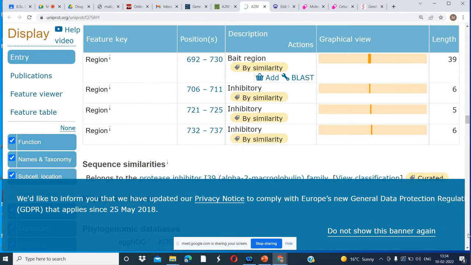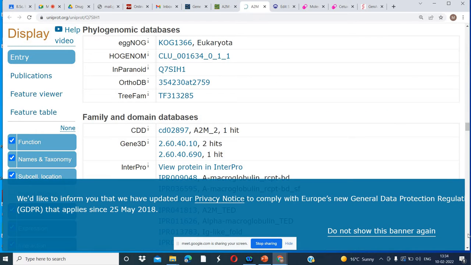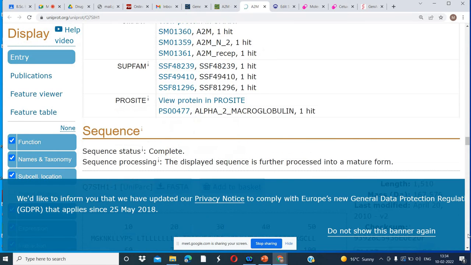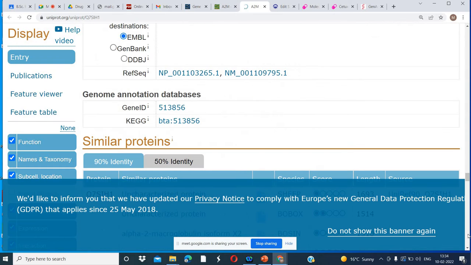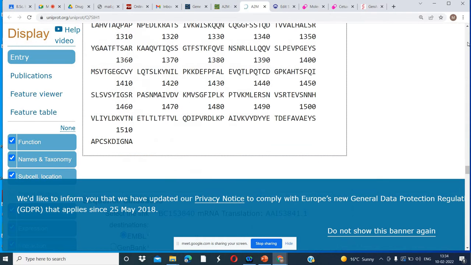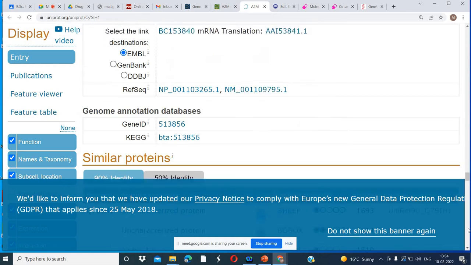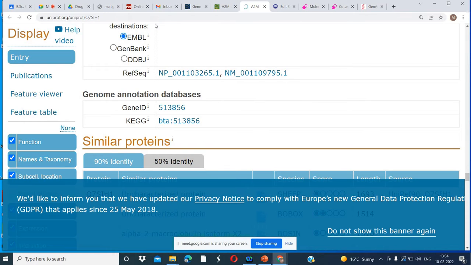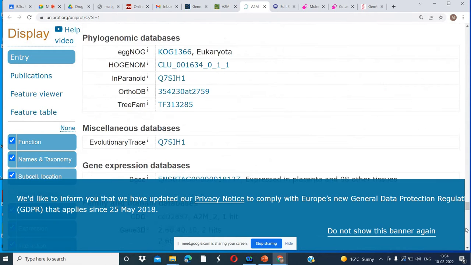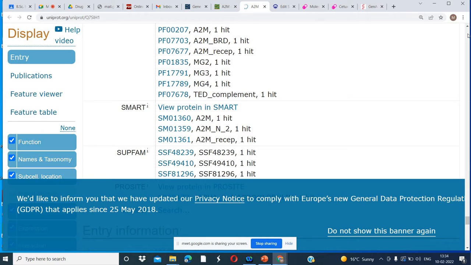Here you can get all the information about the protein product of the gene, okay. UniProt also has the link to other databases, multiple databases. So you can see all the databases are linked here. We have the sequence, and it also has the reference to other databases, gene database, EMBL, GenBank, DDBJ. So it depends on you in which you are interested. It contains all the information, whatever you want, okay.